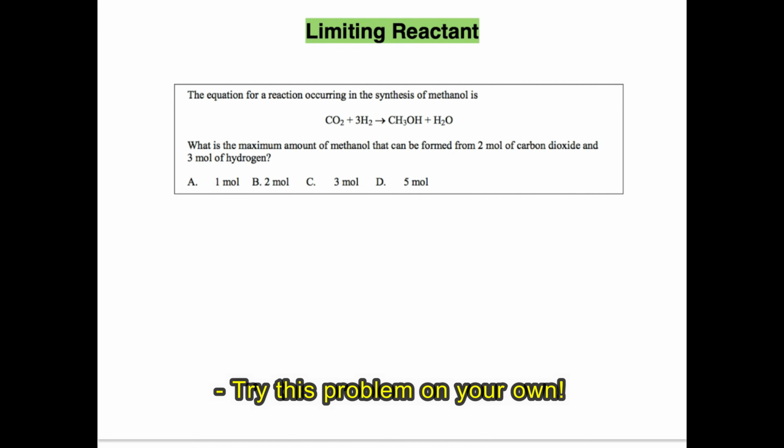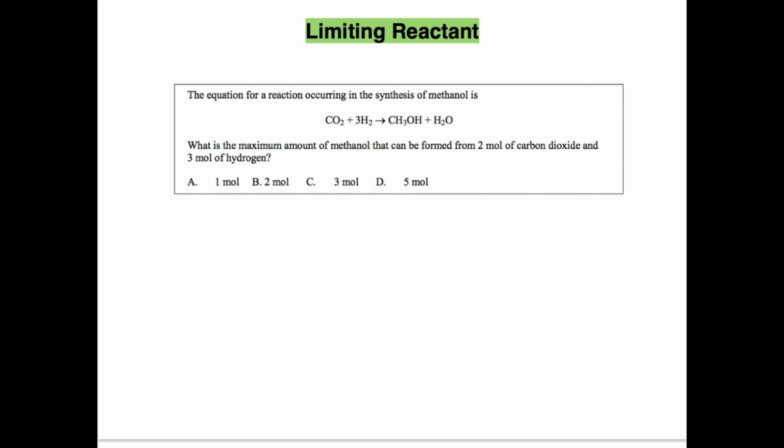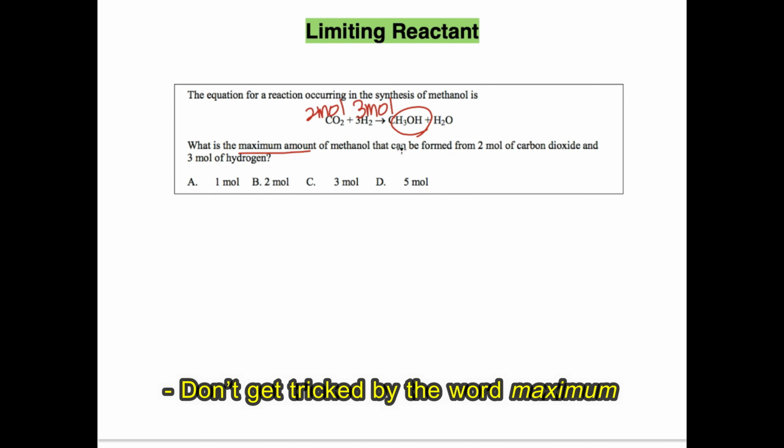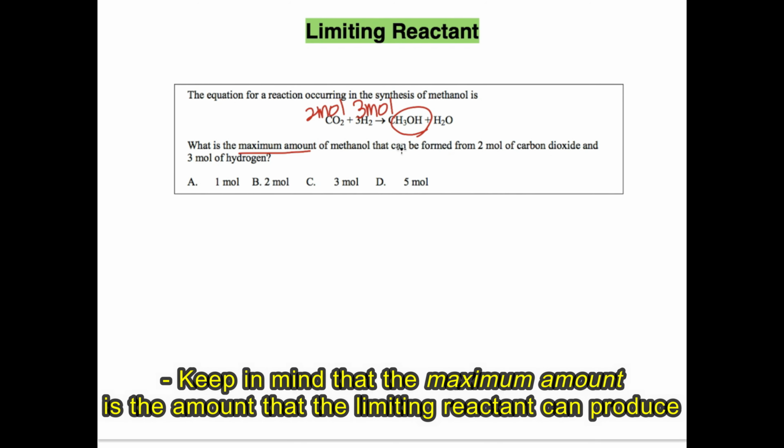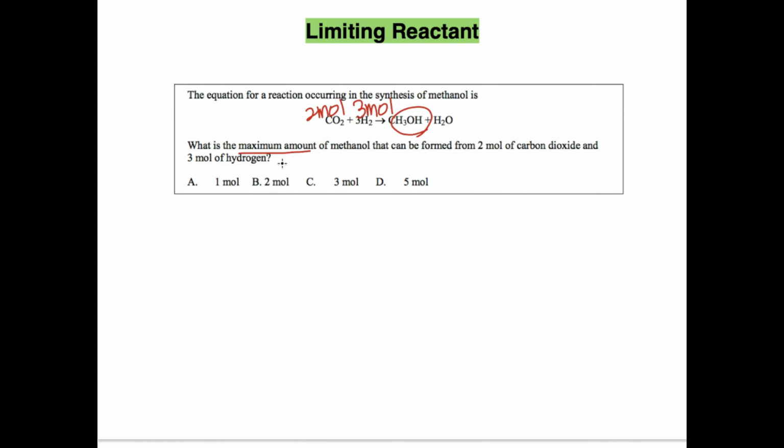Next, I want everyone to stop the video and try this question on your own. This is a question also about limiting reactants. Okay, let's take a look. The equation for a reaction occurring in the synthesis of methanol is as follows. What is the maximum amount of methanol that can be formed from 2 moles of carbon dioxide and 3 moles of hydrogen? The question says maximum amount of methanol, but actually, it's asking us to find the amount of product that the limiting reactant will produce. So we need to find the limiting